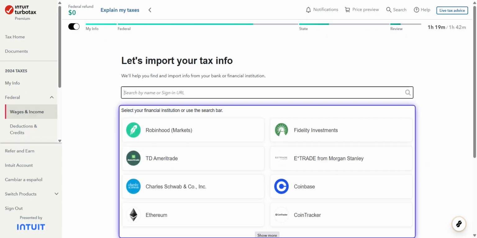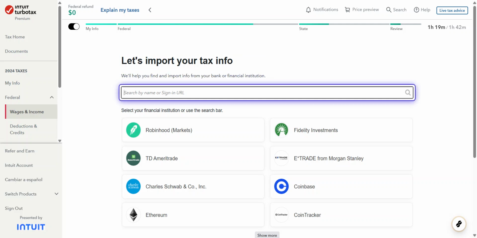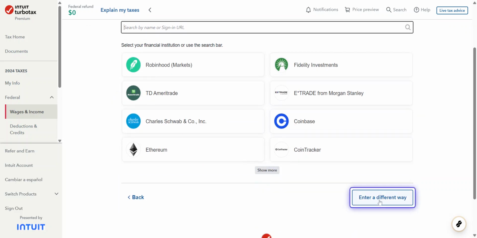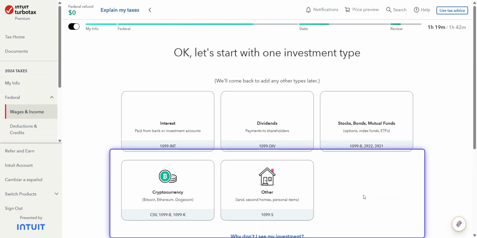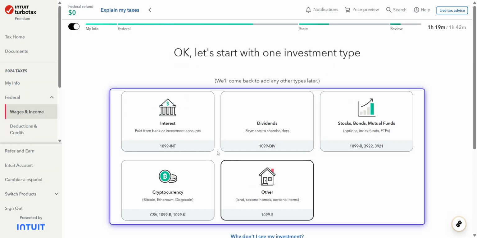Continue by clicking on the highlighted spot once more, aiding in continuity and ensuring you're following the correct sequence of actions on the platform. Once you've navigated further, click on Deductions and Credits. This section will guide you through potential deductions